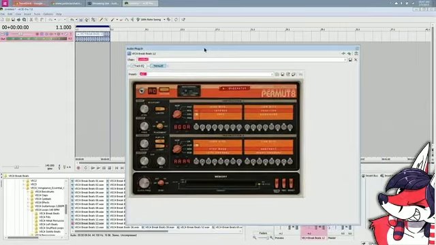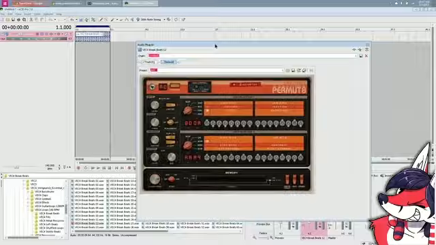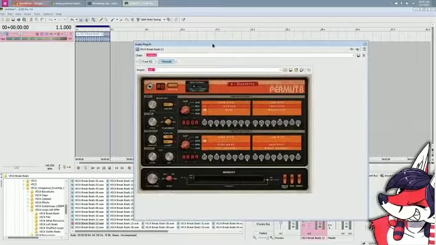Okay, here's Permutate. I still need to figure out how to use this goddamn thing. It does some stuff though, I'll tell you what.